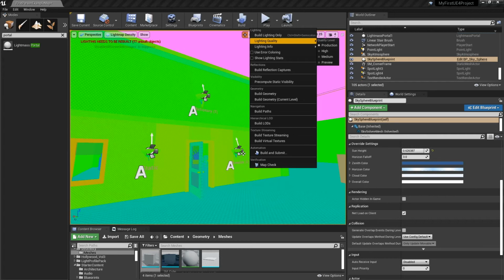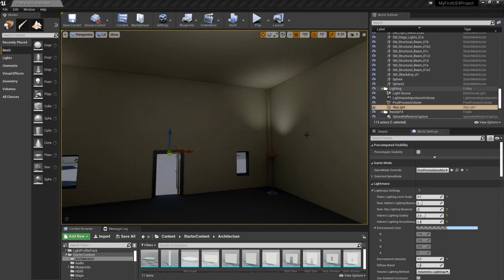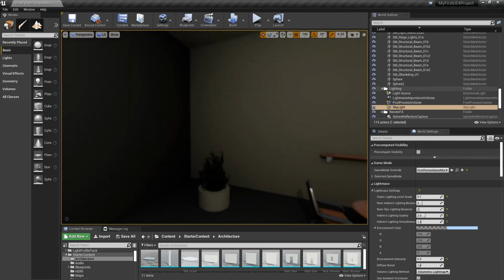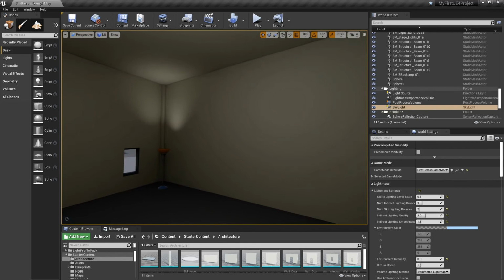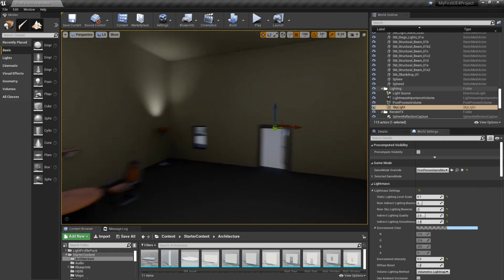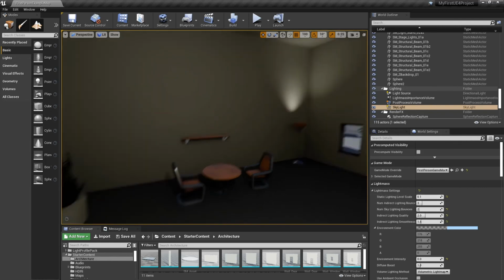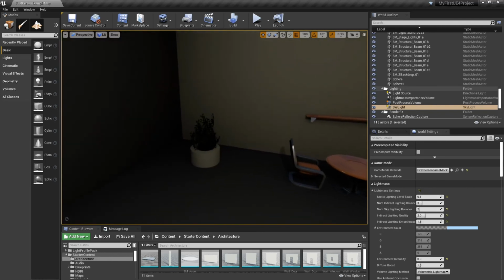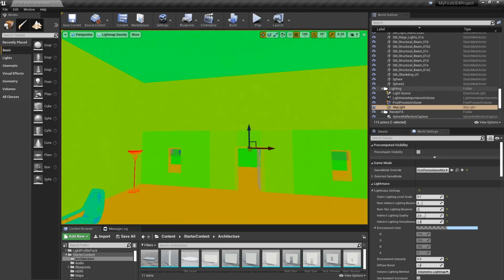All right, we're back and we're done baking. So everything is looking pretty good. Some of the areas that had issues are no longer a problem. I also tried in the world settings, dialing down the static light level scale a little bit to see if I could pull out a little bit more detail in some of the shadow areas. I also adjusted up the texel density just slightly in some of the areas.